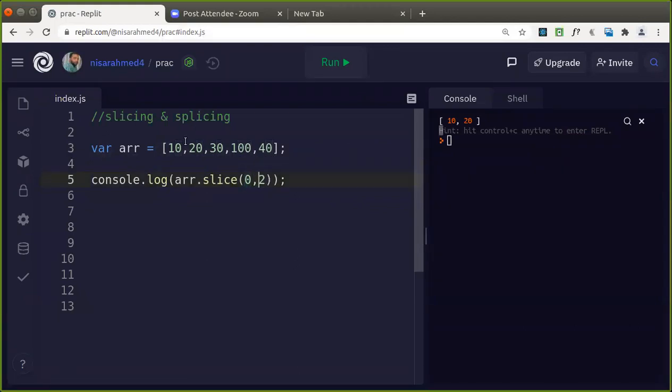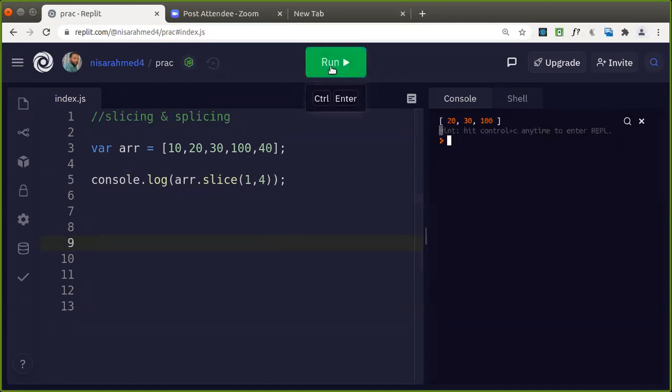So we got the values of index 0 and 1. Suppose I want to get from 20 to 100. So what would be the criteria, guys? The index of 20 is 1. We want to start from here up to 100. So 0, 1, 2, 3. Its index is 3. So we'll be giving here 4. Is that okay, guys?